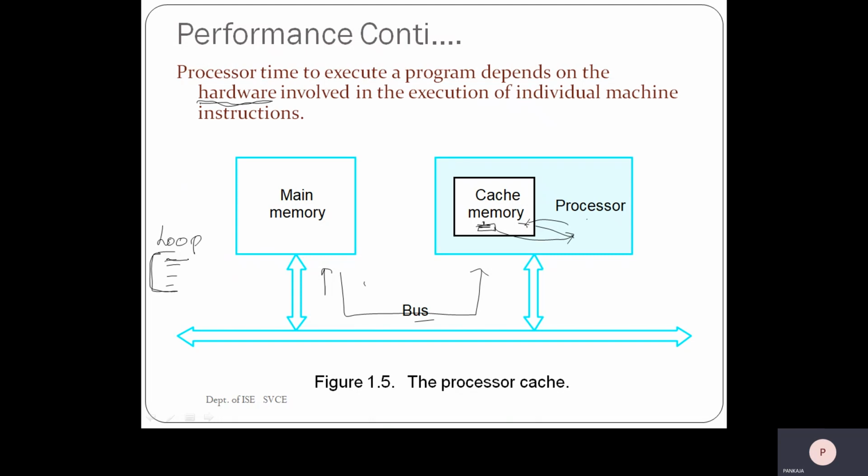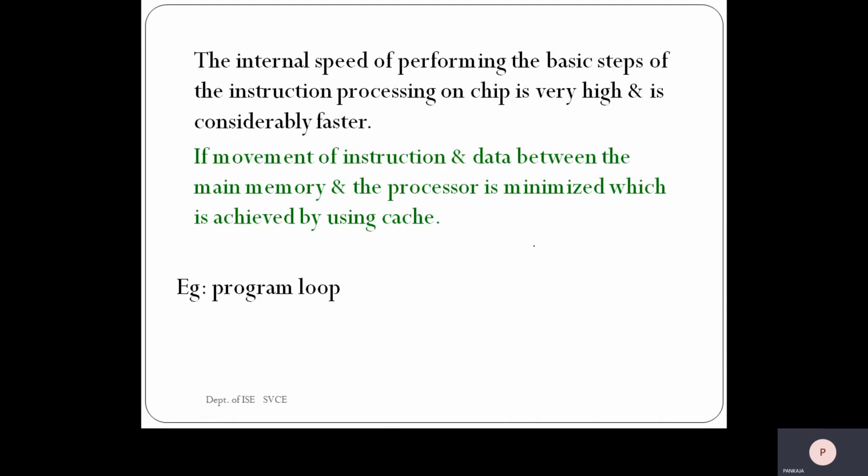When the loop is executing its first iteration, that data is definitely not available, so it has to be fetched from the main memory. During the next iteration, all these instructions are stored as a copy in the cache memory. So whenever the second iteration starts, it can get the data directly from the cache memory and the processor can proceed with execution. So what happens here? Getting data from main memory always takes a lot of time, and that can be reduced using this hardware design.